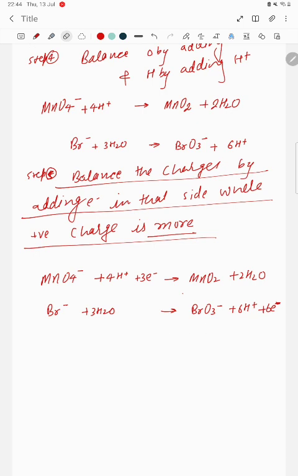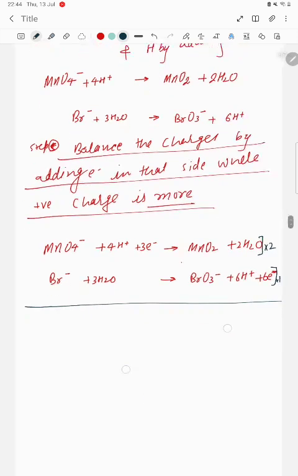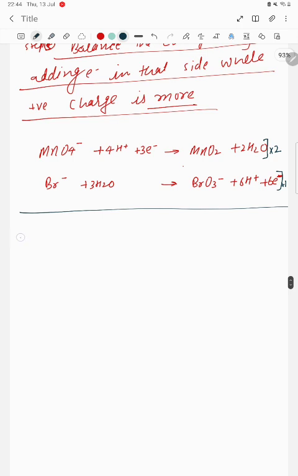Now the next step, student, we need to cancel the electrons. How to cancel the electrons? In this equation you multiply by 2, and in this equation you multiply by 1. So the electrons on the right and left side will be cancelled. After multiplying we write, dear student, let's see. So here is 2MnO4 minus, we multiply by this, and then 8H plus 6 electrons minus, here you go, student, it gives 2MnO2 plus 4H2O.